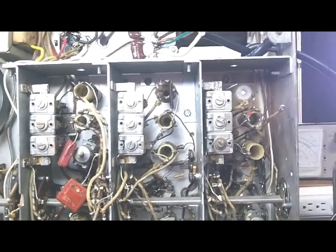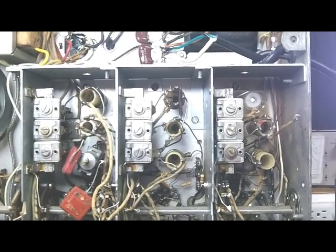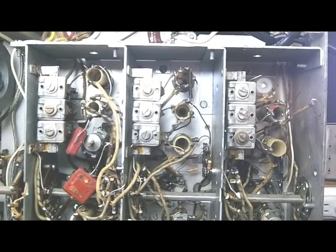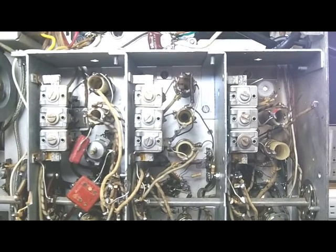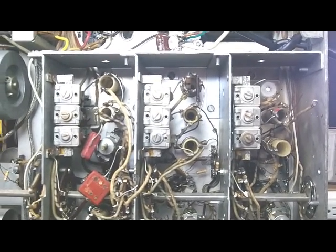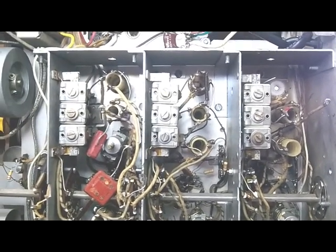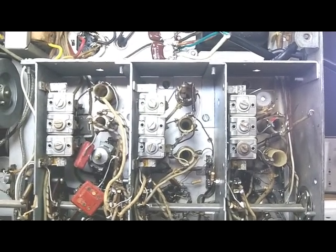This receiver was pretty much dead as a doornail. I could get very, very weak signals on all bands. And one thing about me, I'll tell you about all my mistakes. I won't cover up anything. I worked on this thing for about 2 days,